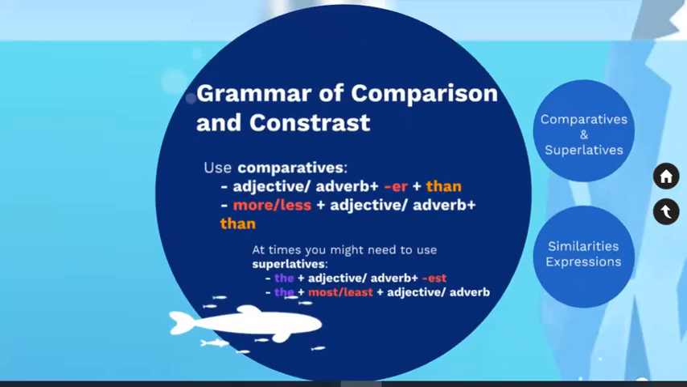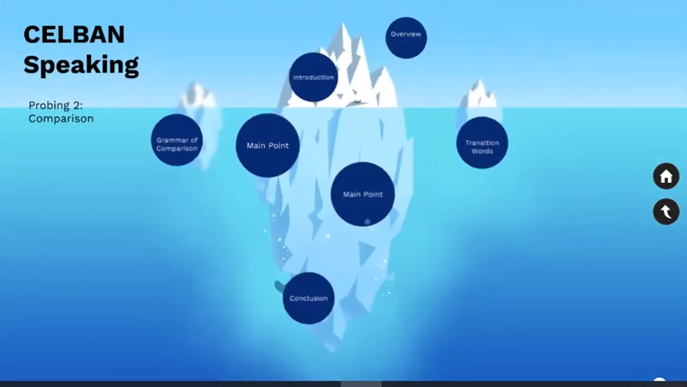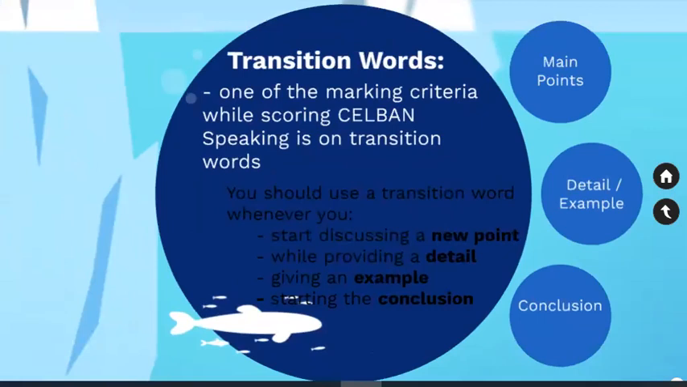And now that we talked about the grammar of comparison, let's talk about transitions. Just as grammar is one of the criteria for scoring, one point to note about grammar is that for scoring your grammar, every point that you get is actually 2 points. So grammar is worth twice as heavy when they score your speaking. So for transition words, which is another criteria in evaluating your speaking,